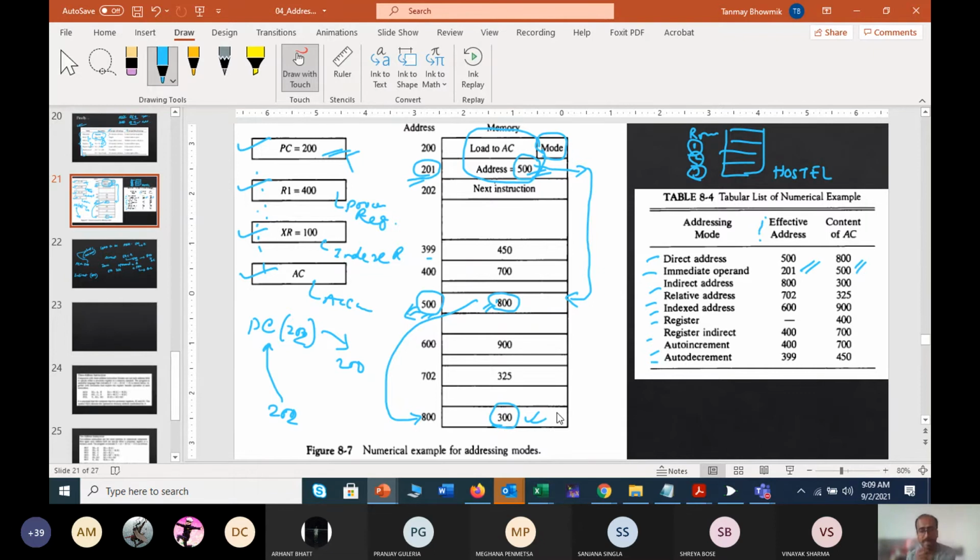It is just like when I was asking for a bunch of copies, you suddenly rushed to your hostel room, found there the key of another large room, took the key from your room and went to that large room for the data. Which was the address of that large room? That large room address is 800. Which was the data? The particular copies you are fetching from that room, that is the 300. Got it? So this was the example of indirect.